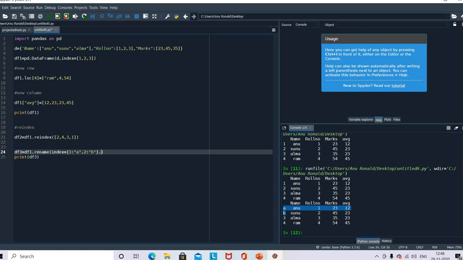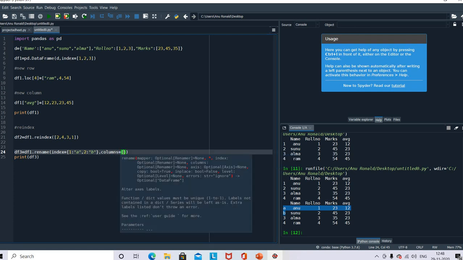How can I change the column? For that, just putting comma, columns is equal to curly braces the old name. So I am going to change name to just writing new name.